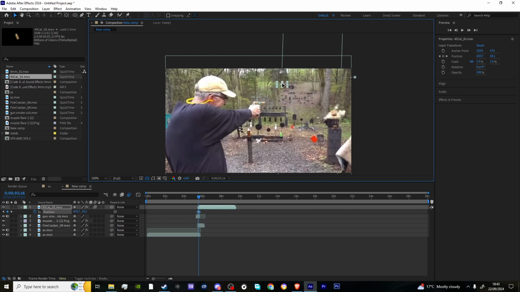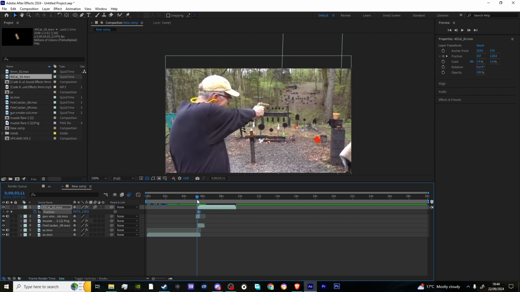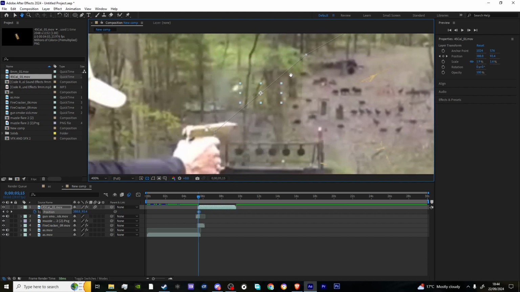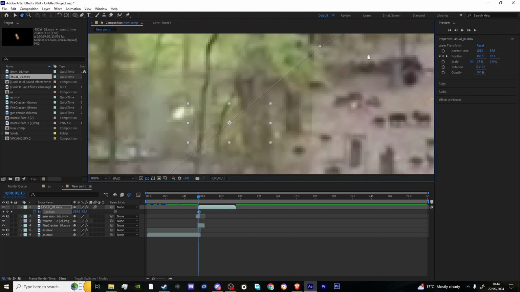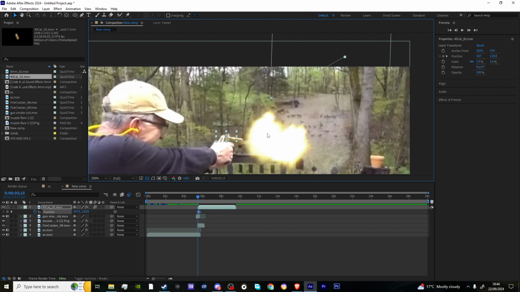Then I'm going to do a little bit of a bounce. Sort of make it an arc. So you see here, I have two keyframes. That's basically it flying as a projectile in the air. Then once it is finished,